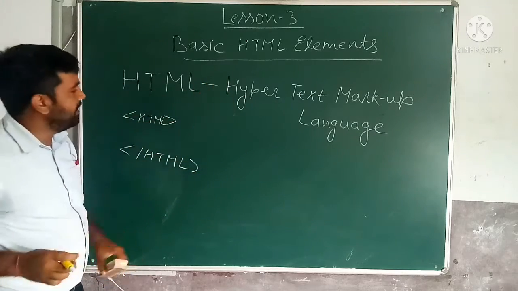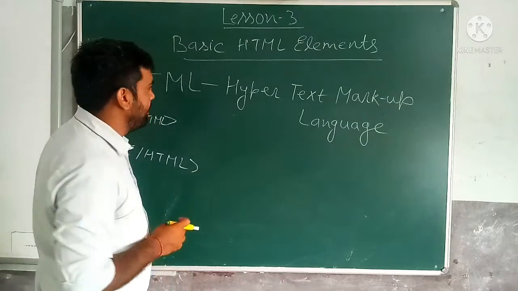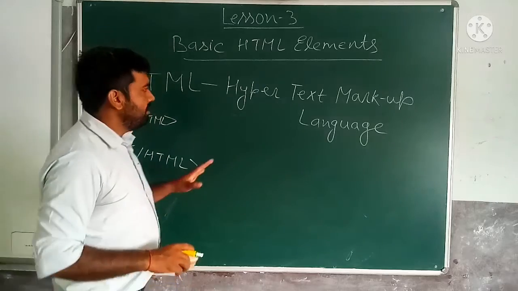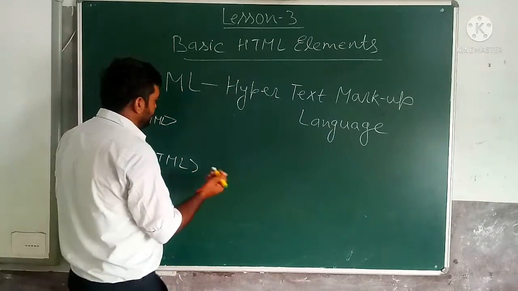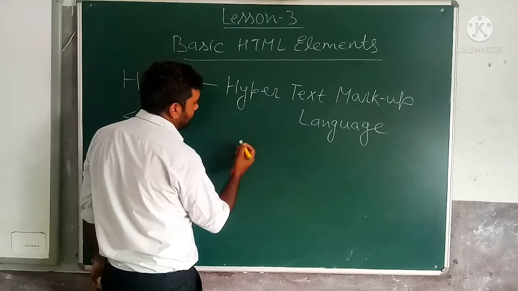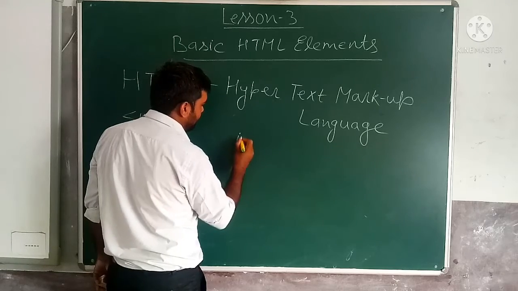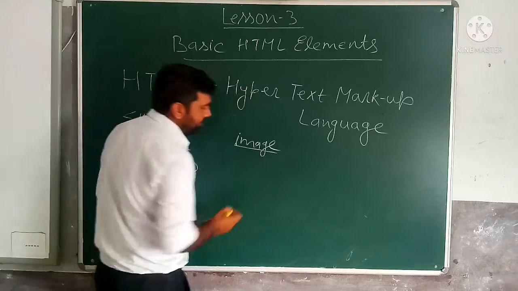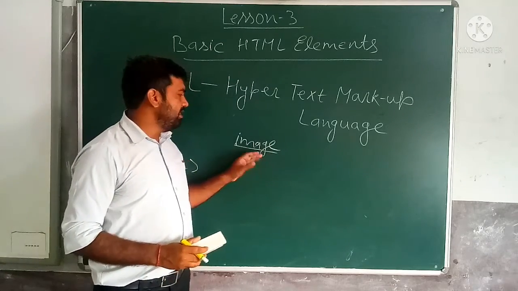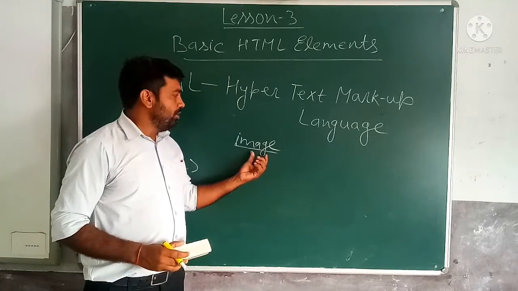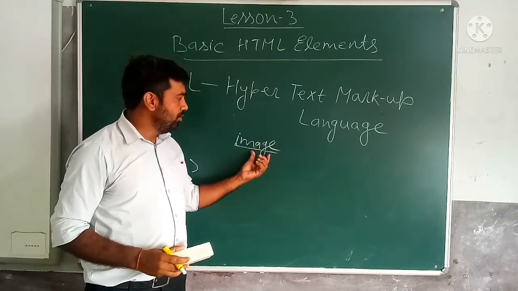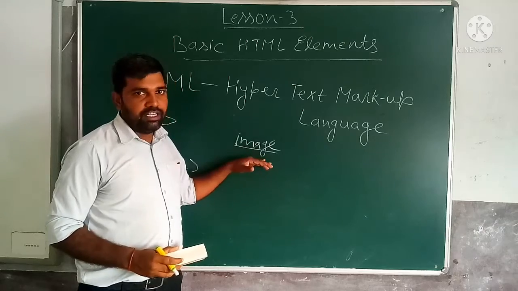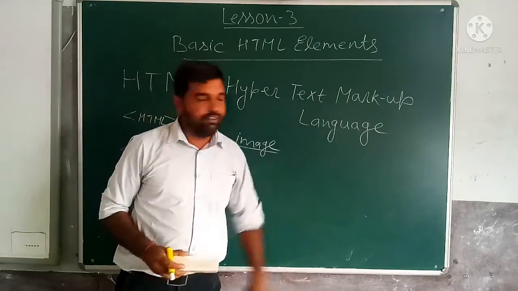By hyper, here in the HTML we create a link which is called the hyperlink. Hyperlink means some special text you find on the web page which is blue color and underlined. Suppose on a web page there is written image, and this text is written with blue color and underline. This means this is a hyperlink. If you click on this text, the browser will take you from the current web page to another web page. Means you will jump. This hyperlink helps us to jump from one web page to another web page.